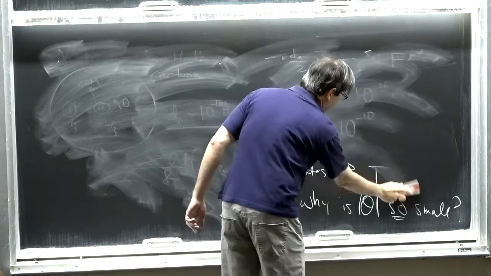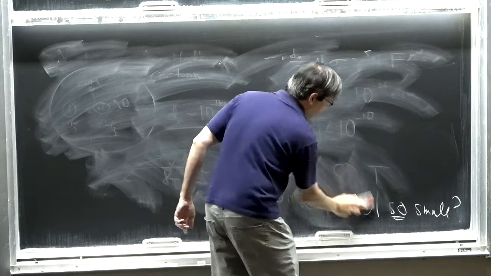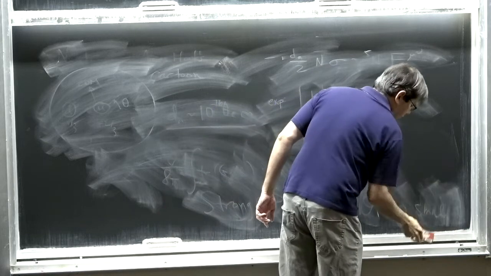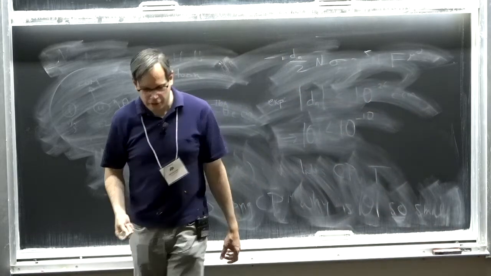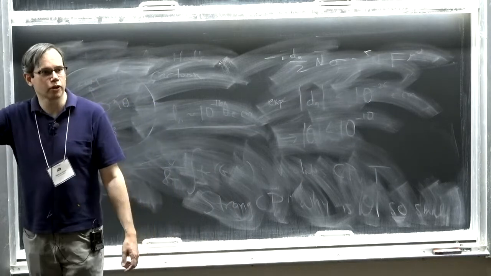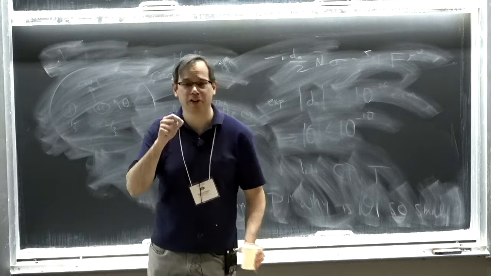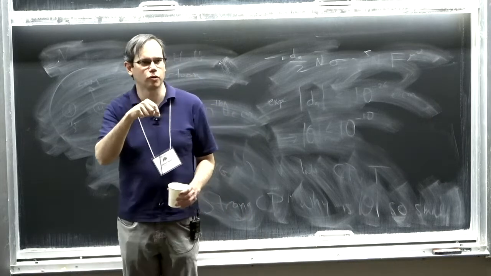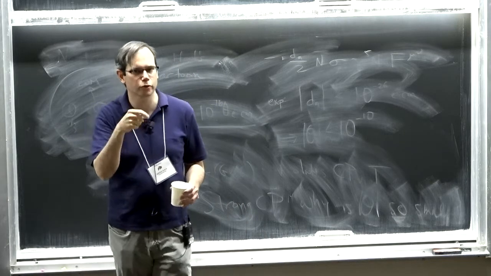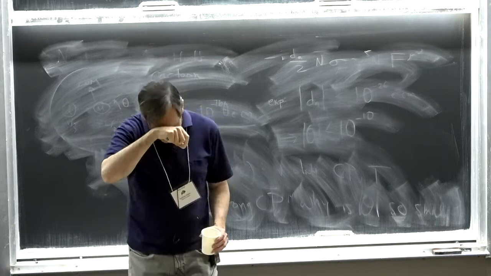So the basic problem here is we started with something exponentially small, right? Where does the QCD scale come from? It comes from the running of the QCD coupling. So it's some exponential e to the minus 8 pi squared over beta function coefficient times g squared, where g squared is your coupling at high energies.